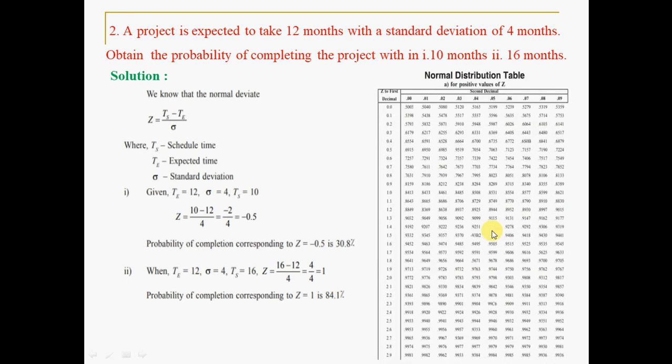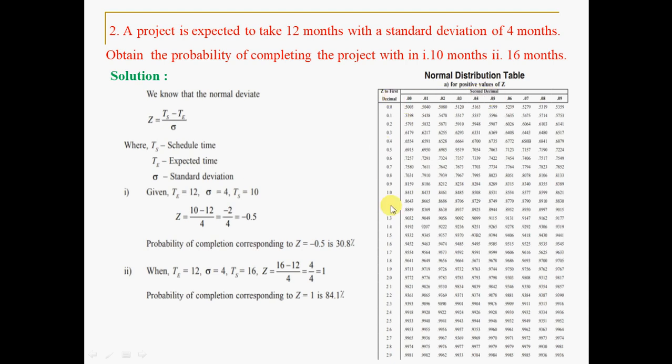The normal distribution table will be like this. For example, Z equals 1, let us take case 2. Somewhere Z equals 1, and you get 0.844 something. Again, if you have a fraction like 1.1 or 1.12, you can take care of that extent too, that is the second decimal.